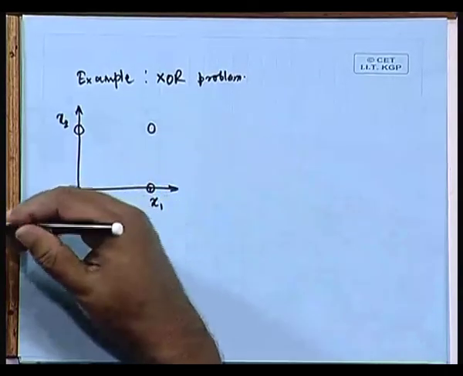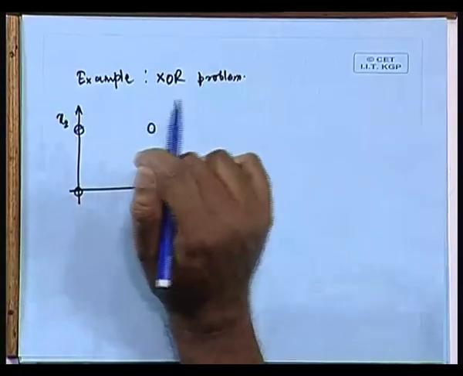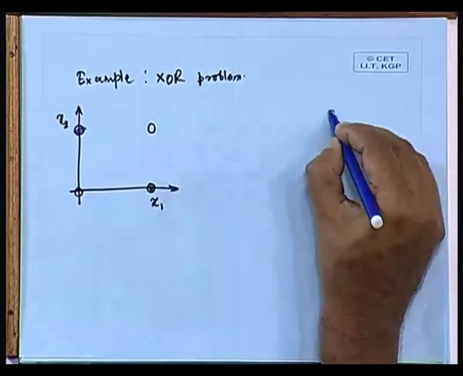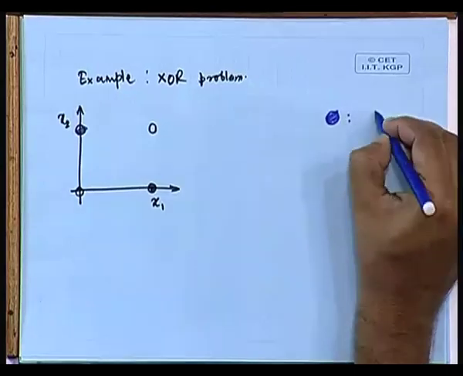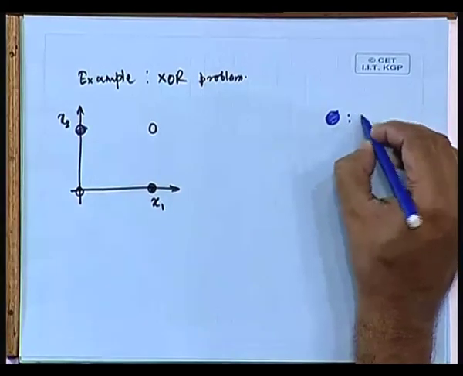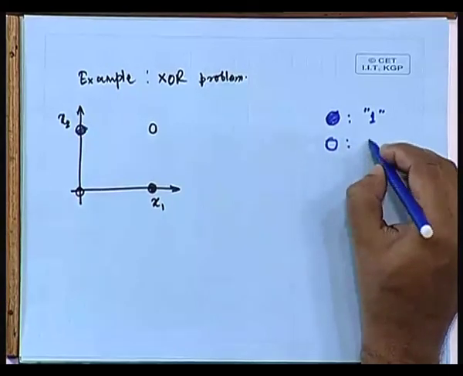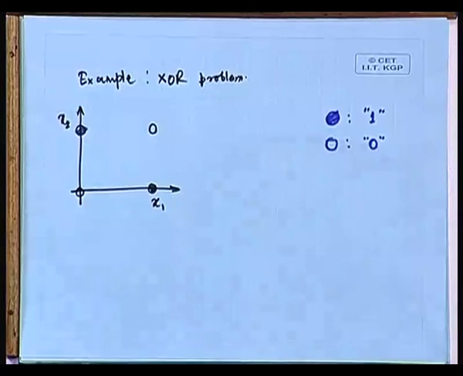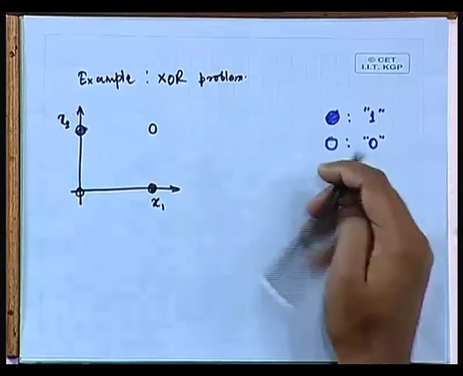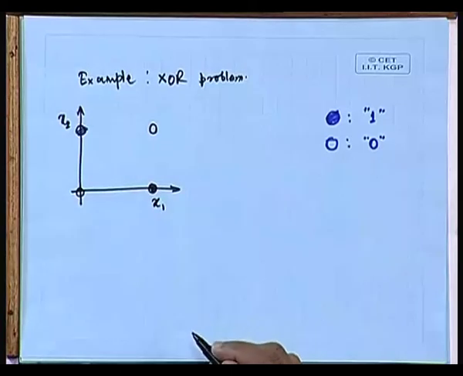Now, out of these patterns, two patterns belong to class 0. Let us say that 0 0 belongs to class 1, and the open circle that we have drawn belongs to class 0. So, it is definitely not linearly separable in the